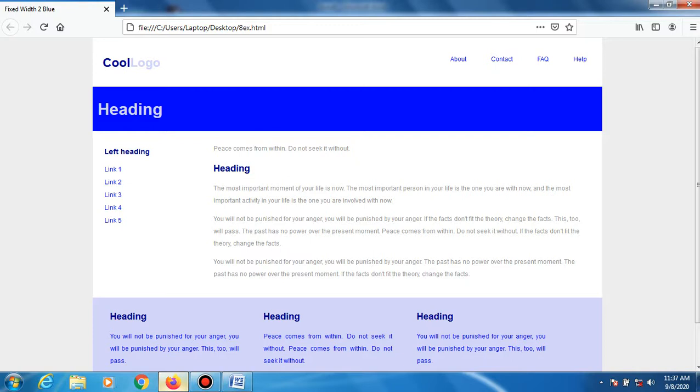The background color, the heading color, and the contents are predefined here. The contents may be changed, even the heading may be changed, and links may be provided as per the user's needs.